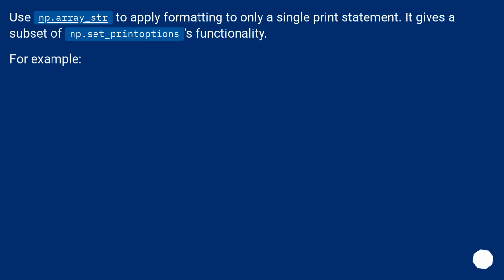Use np.array_str to apply formatting to only a single print statement. It gives a subset of np.set_printoptions functionality. For example,